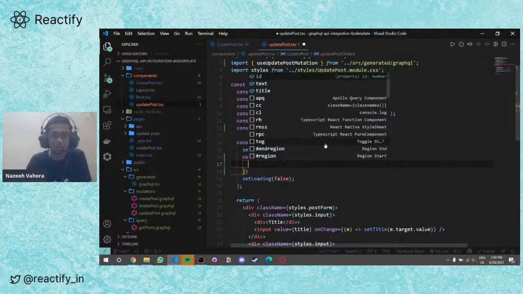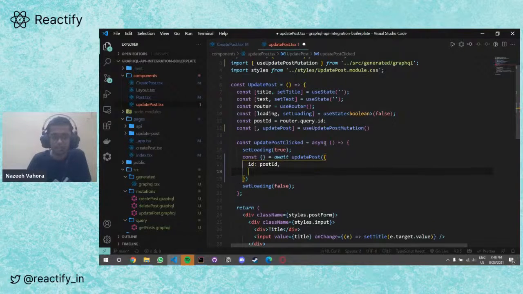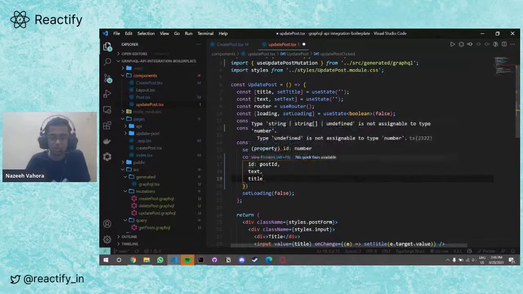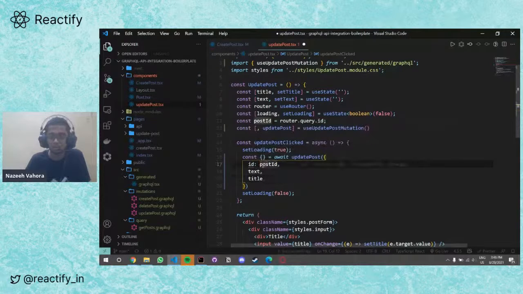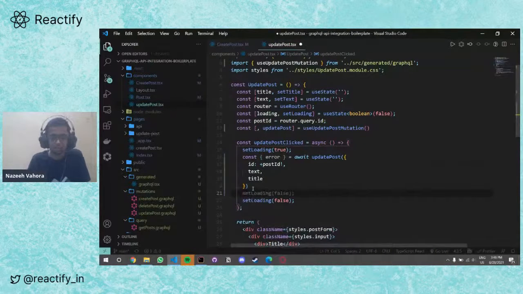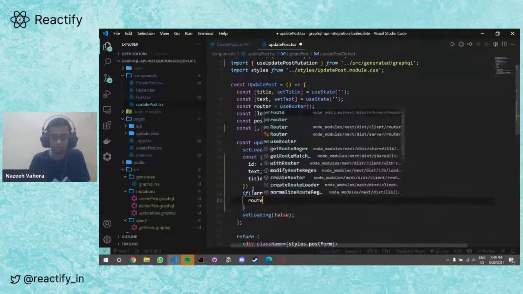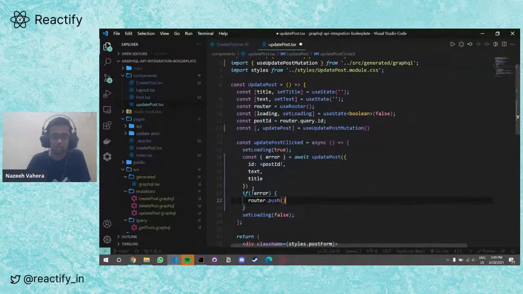ID, that is post ID, and text and title. Yeah, post ID is a string, so I need to convert it to a number. If not an error, yeah, so here we go.